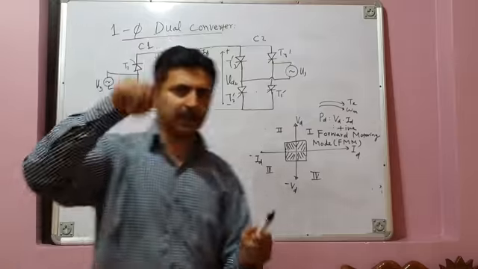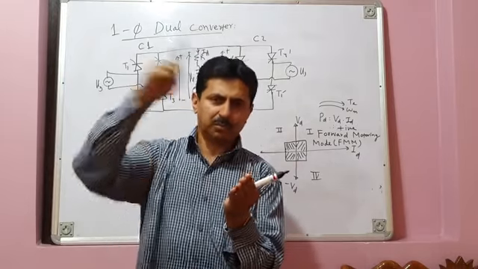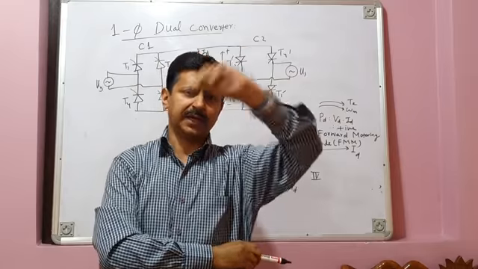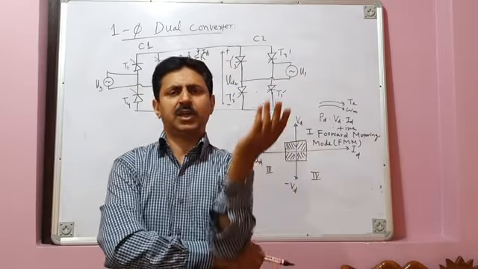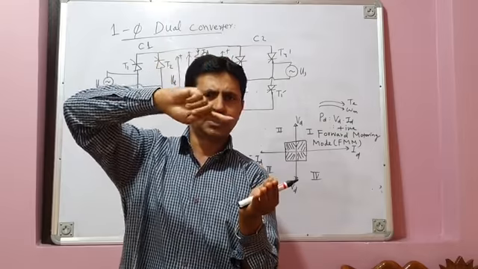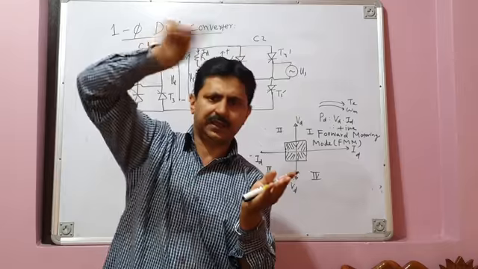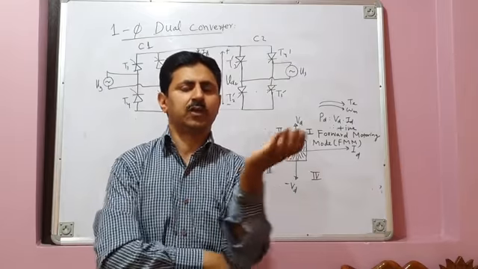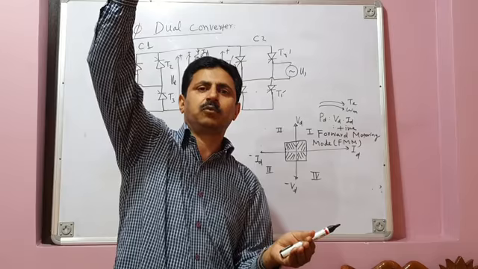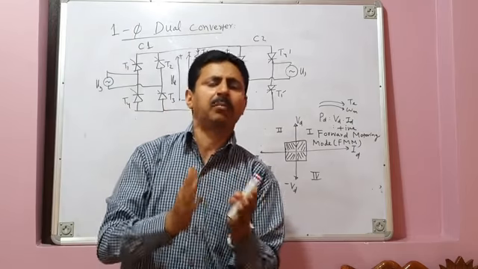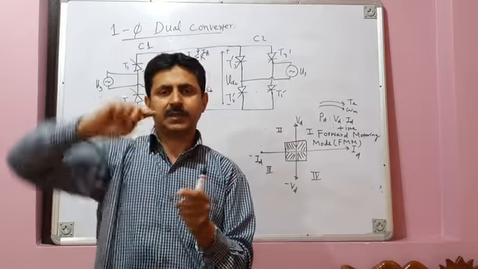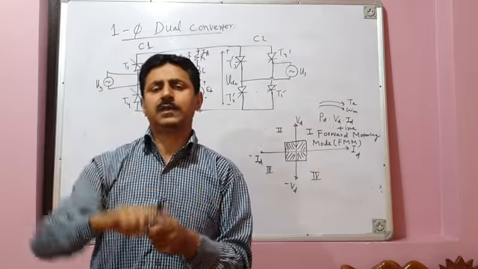So your machine is running in the clockwise direction. Now after some time, I want my machine to run in the anti-clockwise direction. There are many applications where you have to run the machine first in one direction and then in another direction. One of them is your washing machine, where the load runs in one direction, then in another direction. Although we don't use DC motors in washing machines, this is just an example. Similarly, in a lift, the motor first runs in one direction, then in another direction.